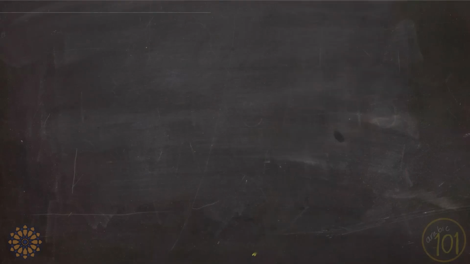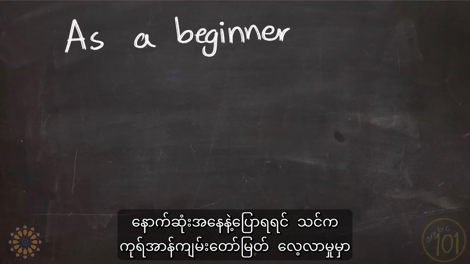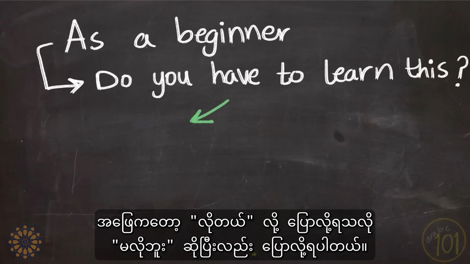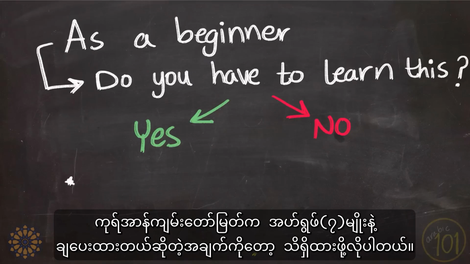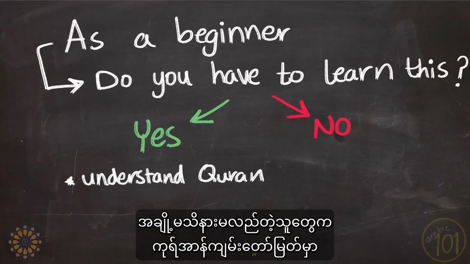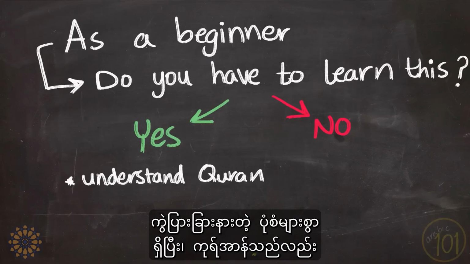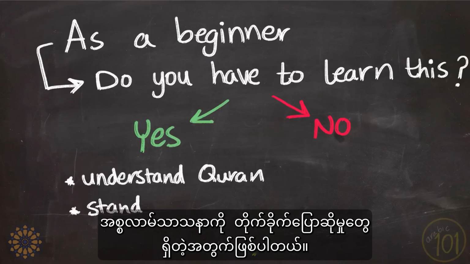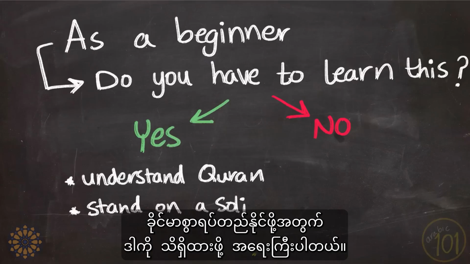And finally, if you think I am a beginner in the Holy Quran, do I still have to learn all of this? The answer is yes and no. Yes, you have to be aware of the fact that the Holy Quran was revealed in 7 Ahruf, and that it has variations, since some people, out of ignorance, attack Islam claiming that there are many distinct versions of the Quran, and that Quran, like other books, has been changed. So it is important to know what this is, so that you can stand on a solid ground.